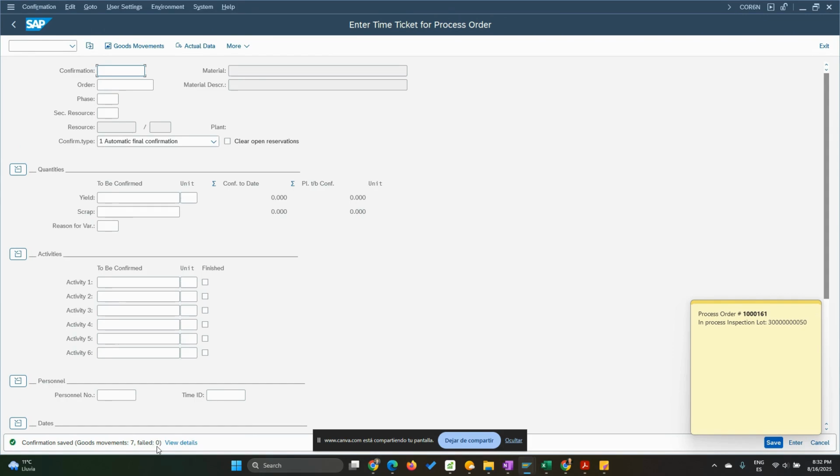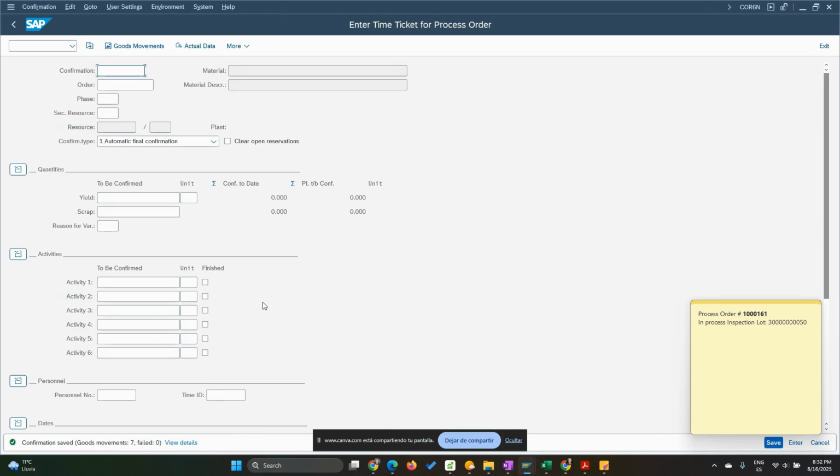If you have a failure here, there are 2 things. This might be rejected completely, depending on configuration, or we need to go to the COGI transaction to finish what is pending. In this case, this is configured to send it to the COGI transaction. So keep in mind that you always need to pay attention to this, because you need to